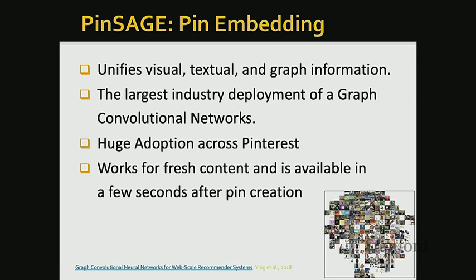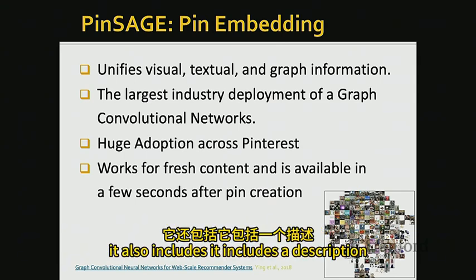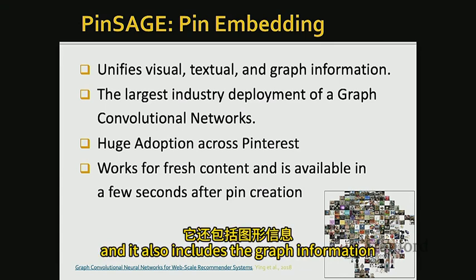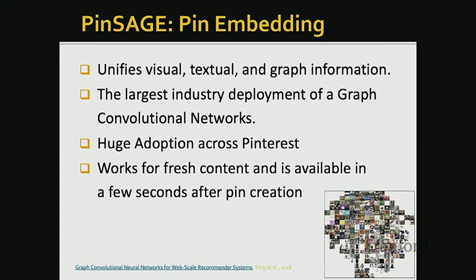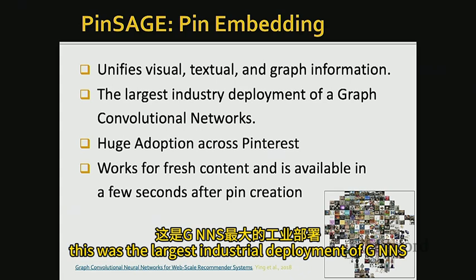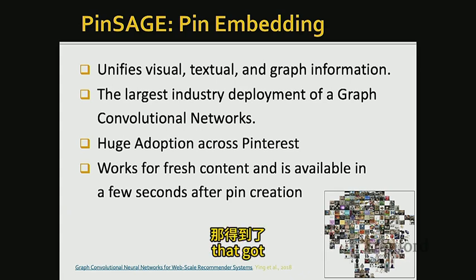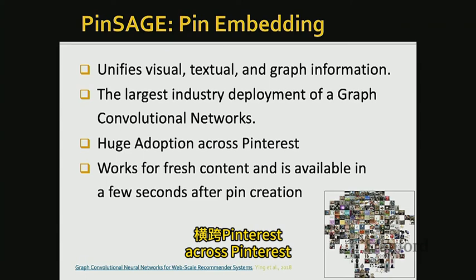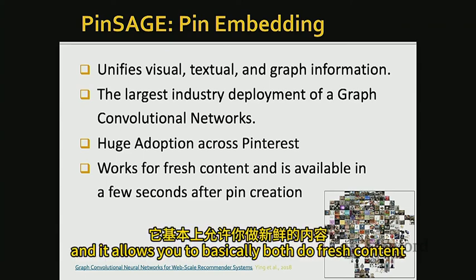A pin is not just the image. It also includes a description, like you see here, and it also includes the graph information. For a while, this was the largest industrial deployment of GNNs, and it got hugely adopted across all kinds of products and surfaces across Pinterest, and